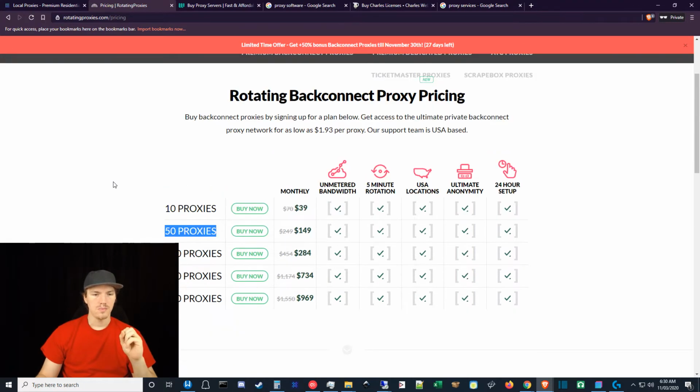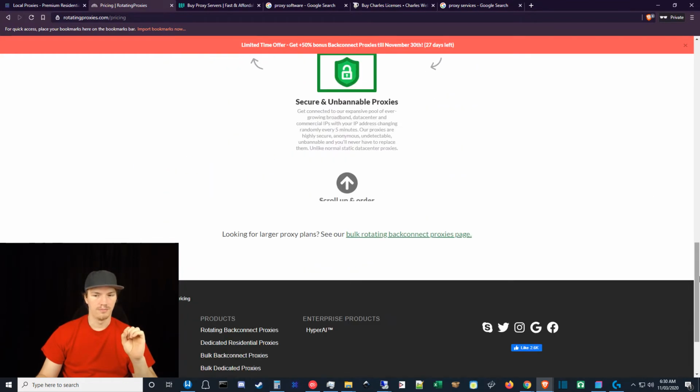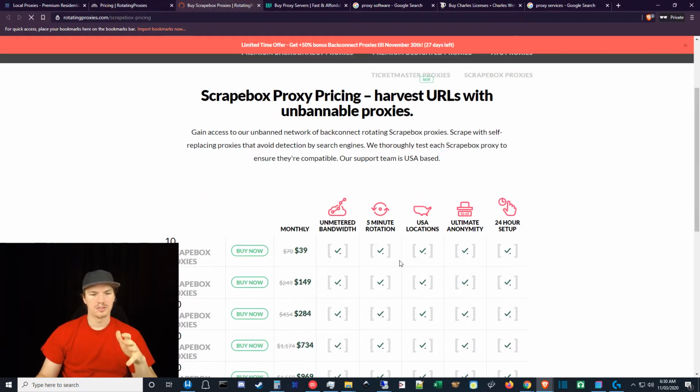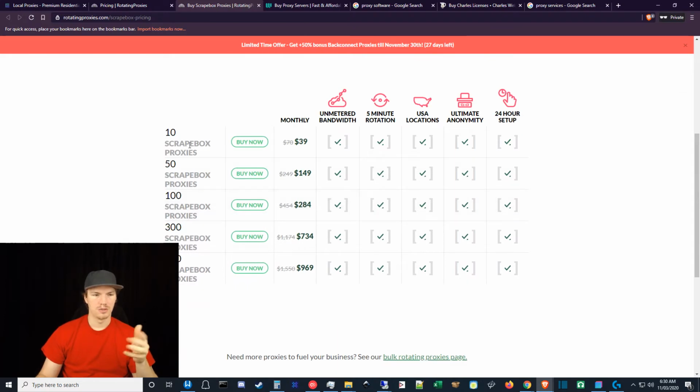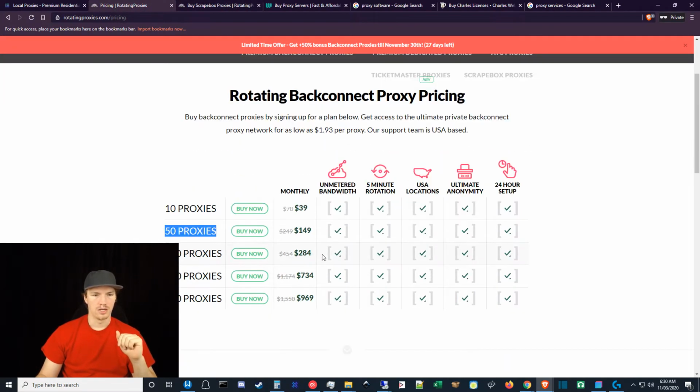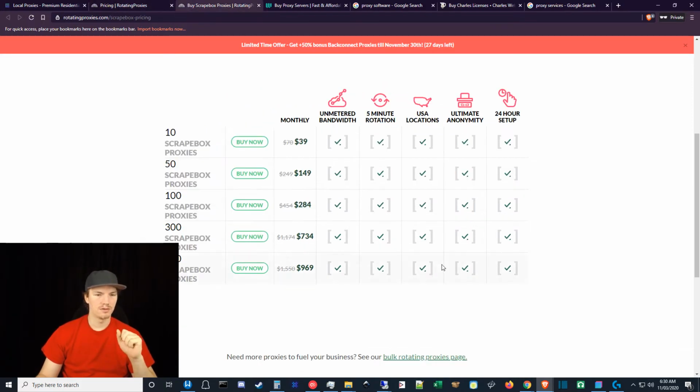I also saw them ranking really high. So they have a service down here in their footer for Scrapebox proxies. So it's kind of odd because they label them as Scrapebox proxies, but then they're the same exact prices as their typical back connect, rotating proxies. Not really sure if they're different or if that's just a branding thing that they've done so that they can